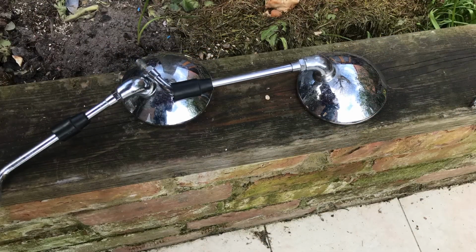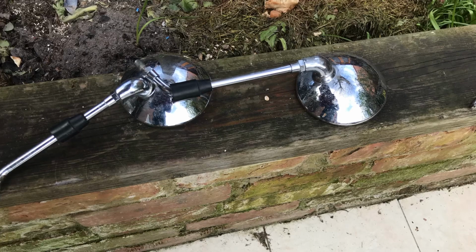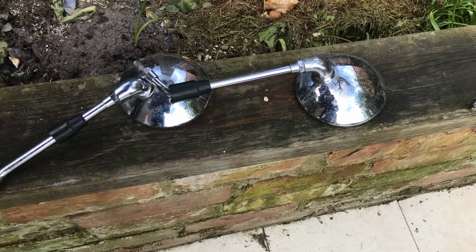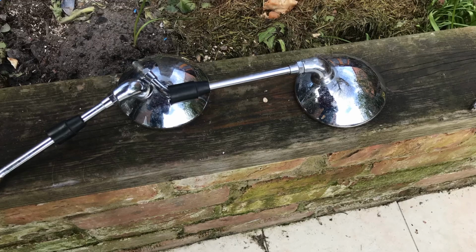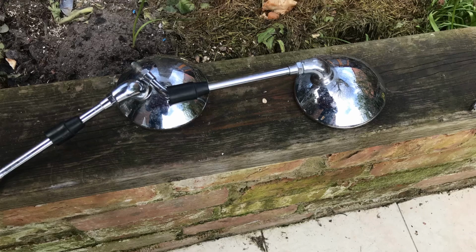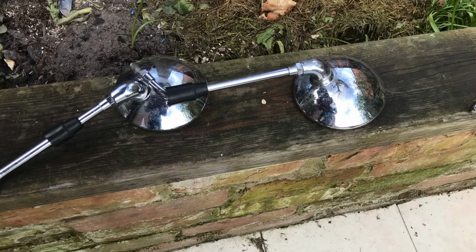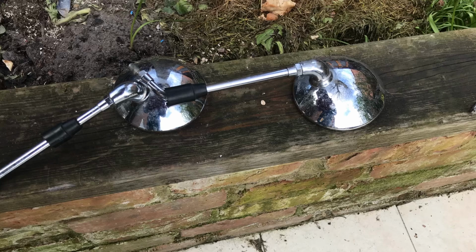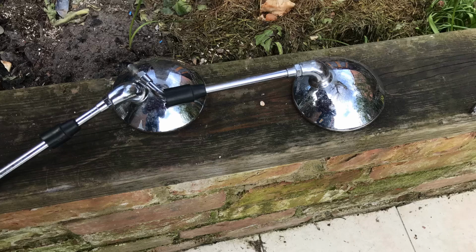They're like a lot of parts on the bike. You know, we know it's an inexpensive bike to buy and corners have to be cut somewhere. But on the positive side, it's got a great engine. It's got alloy rims, stainless spokes, ABS brakes. It's got a counterbalanced main shaft. It's got a slipper clutch, fuel injection, to name but a few things. So there's every reason to be positive, but the peripherals, like the mirrors, in my opinion, are quite unappealing,